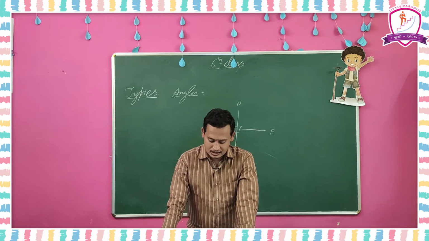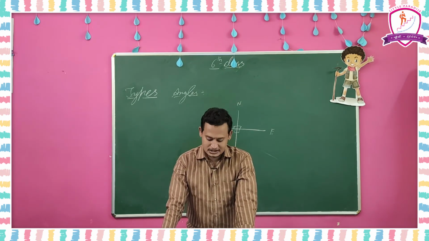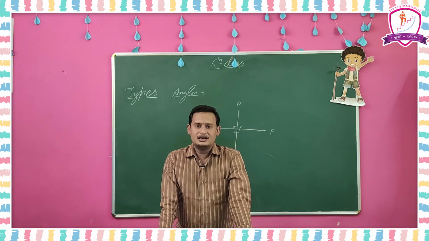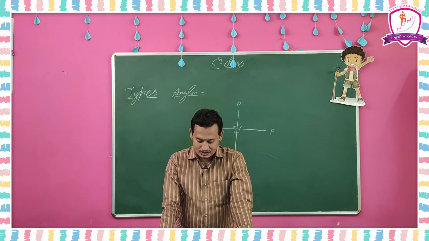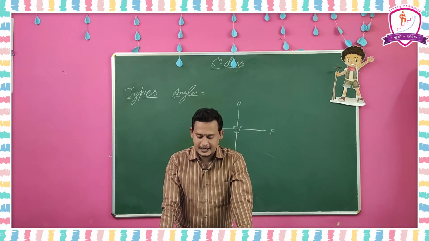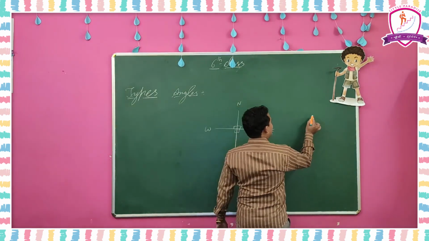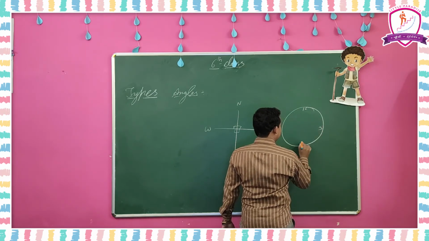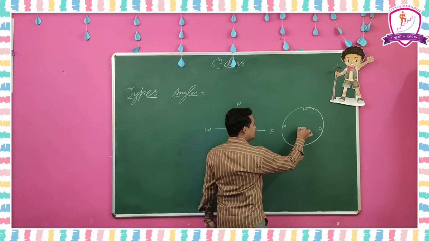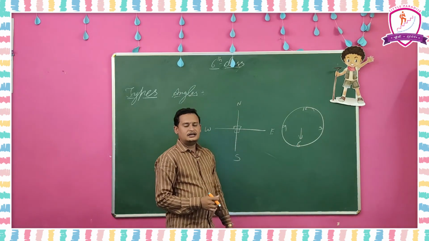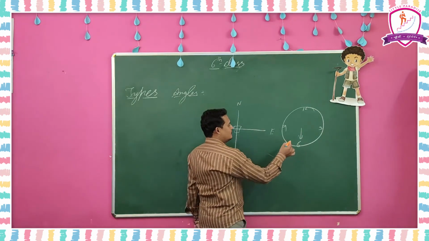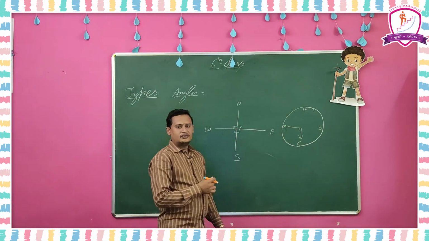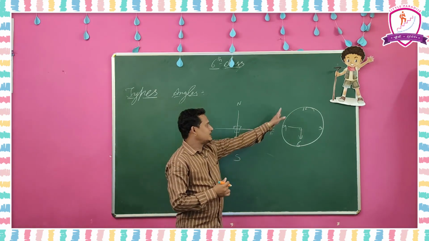Here the hour hand starts from 6 o'clock, and if it completes 1 right angle, where will it be? Here we have to form a clock, draw a clock here, 12, 3, 6 and 9. Here the hour hand was started here, and it completed 1 right angle. 1 right angle means up to where you have to come? 9 o'clock. 1 right angle means 1/4. Here 4 right angles will be there.